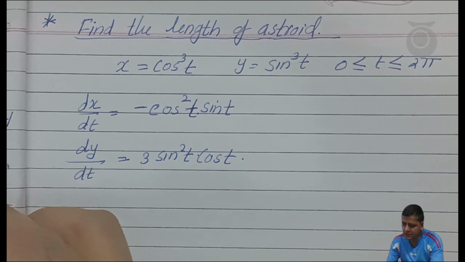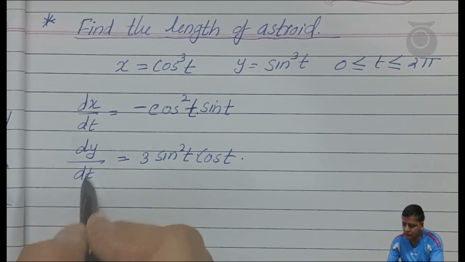Now I have to go for squaring these things, because we need them in the form of squares, right? So if I put dx by dt as whole square, obviously I have to put it over this side also, so it becomes 9. So it is 3 cos square t sine t, so it's 9 cos to the power of 4t sine to the power of 2t. When I'm squaring, everything gets squared. Over here, when I do dy by dt whole square, I get 9 sine to the power of 4t into cos to the power of 2t. So this is the simplified form of these equations so that I can apply it in the main formula.